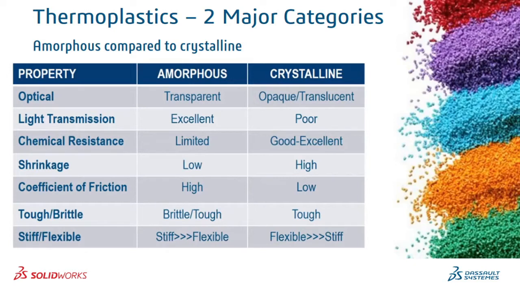Why is it very important to choose the type of plastic, amorphous or crystalline? Because they have their own advantages. If you want an application in optical, right? So transparency is the main criterion. So amorphous plastics are more transparent than crystalline. If light is to be transmitted through the plastic, then which, amorphous or crystalline? So it will help you choose according to the property needed. If you want to create tough or brittle components, then you can choose crystalline for tough, and so on.